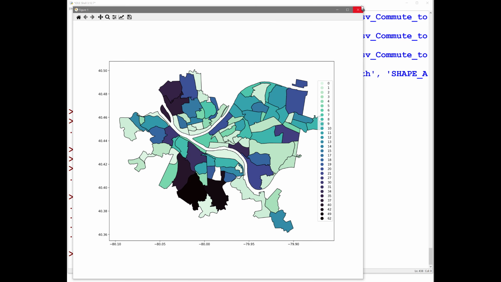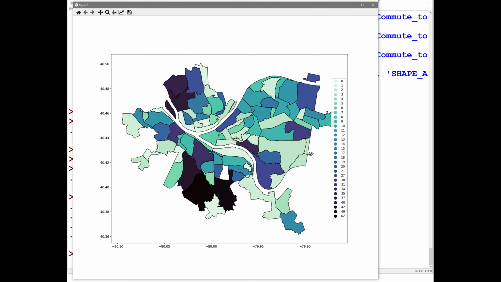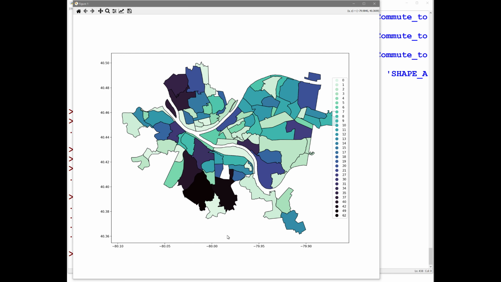Come back. There we go. All right. So in our immediate neighborhood, it looks like there was a very low number of foreclosures in central Oakland, a fairly high number of foreclosures in south Oakland, a bit high number of foreclosures in